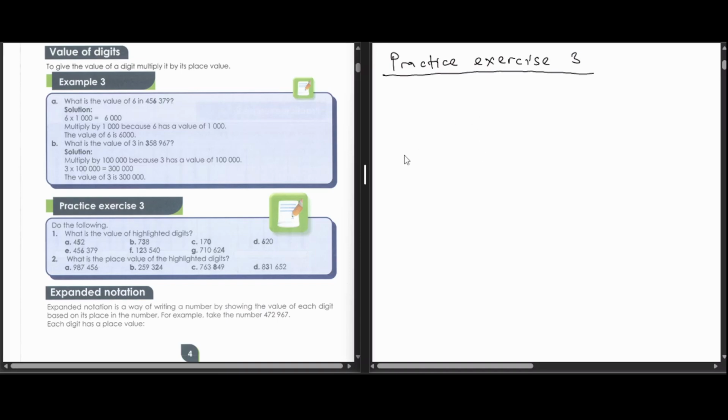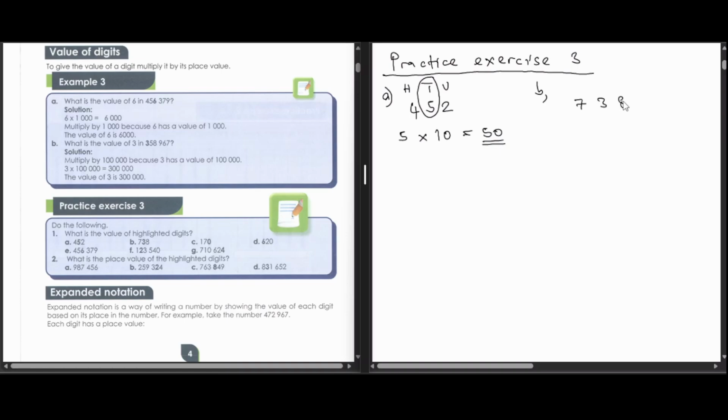Saka tichaita A to G, then we go to number 2. Saka pa A panapa 452. But tikatarisa tinoona kuti 5 uyu ndiye ari highlighted. Ari under units, tens, hundreds. Saka ari under tens. Kureva kuti to be 5 times 10. The value of 5 in this case is 50. Like that. Then B